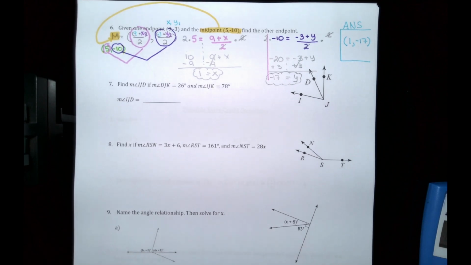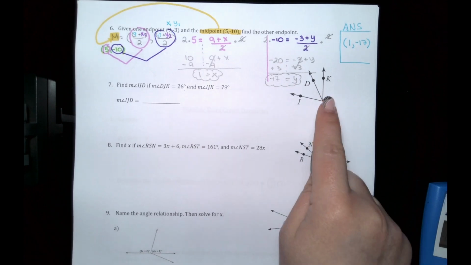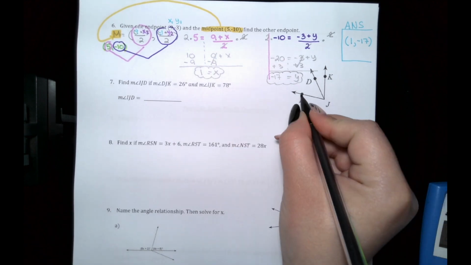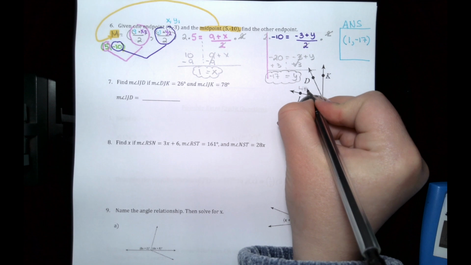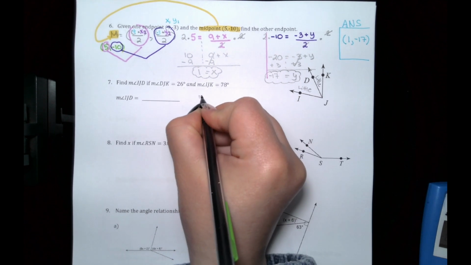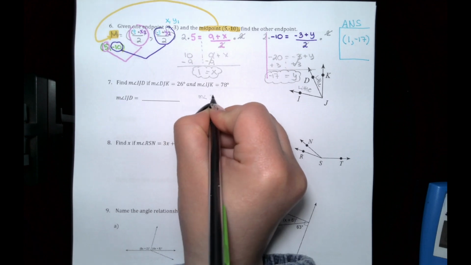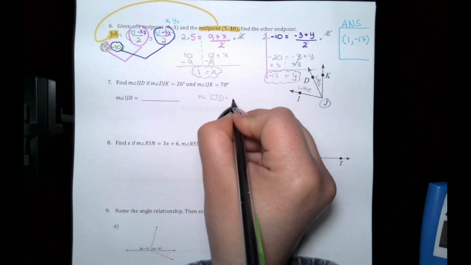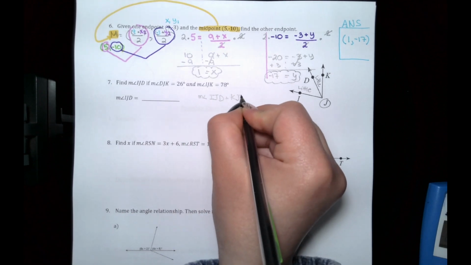Question number 7 is asking us to find IJD if the measurement of DJK is 26 degrees and the measurement of IJK is 78. This is using your angle addition postulate. So we want our setup for the angle addition postulate. We have the measurement of our little angle plus our little angle equals our big angle. So the measurement of angle IJD, remember our vertex has to be in the middle, plus the measurement of KJD